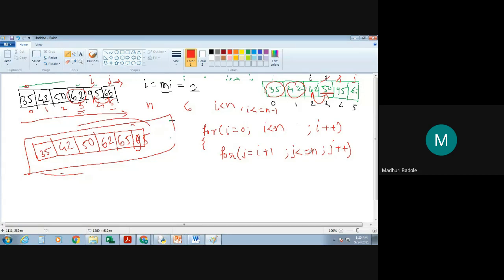And over here, it should be less than or equals to n. Is it so? No, ma'am. It's less than n, or less than or equals to n minus 1. Yes.